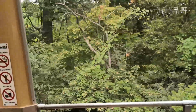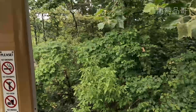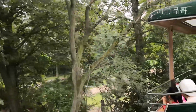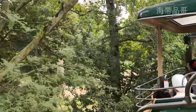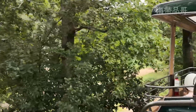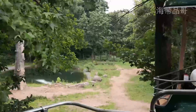You see the elephant? Behind the trees. We'll see it. Don't worry. You see the elephant? And now we're entering the elephant exhibit, and patting the elephants way over to the right, but